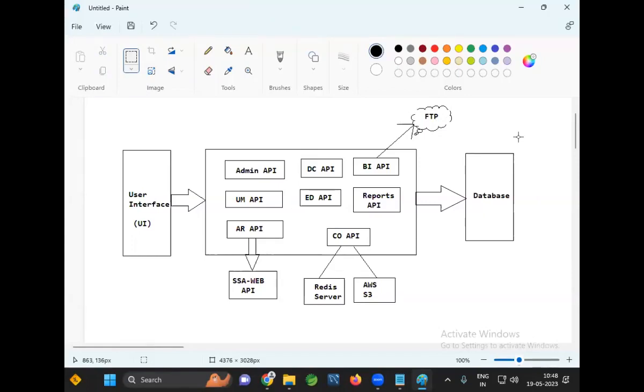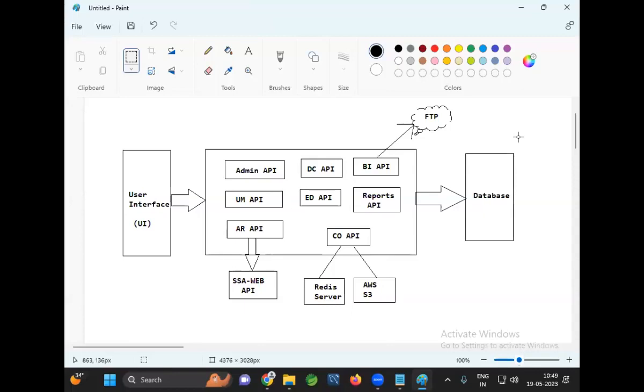So like this, a lot of integrations will be available. This is the overall structure of our application. This is called project architecture. In the interview, you should explain this architecture also. When I say API, it is a separate project.